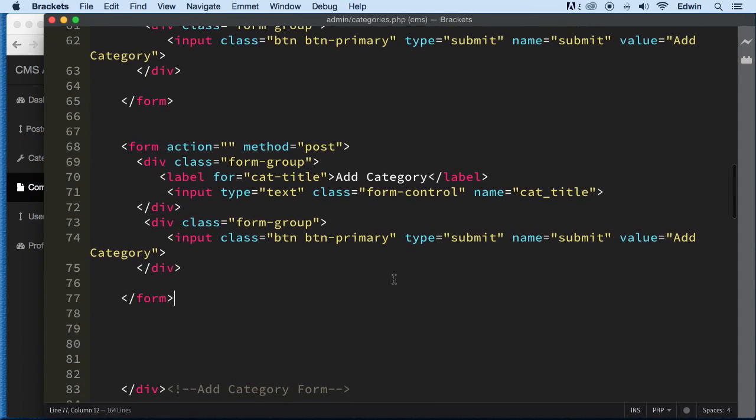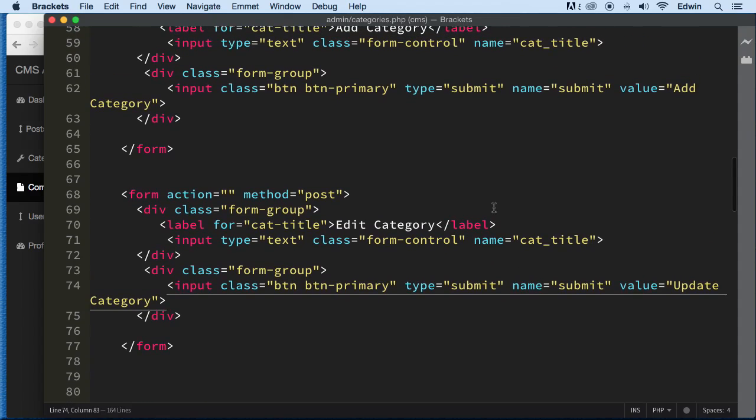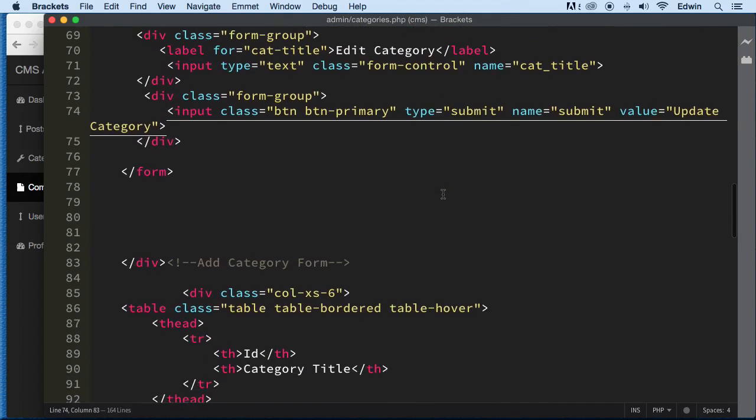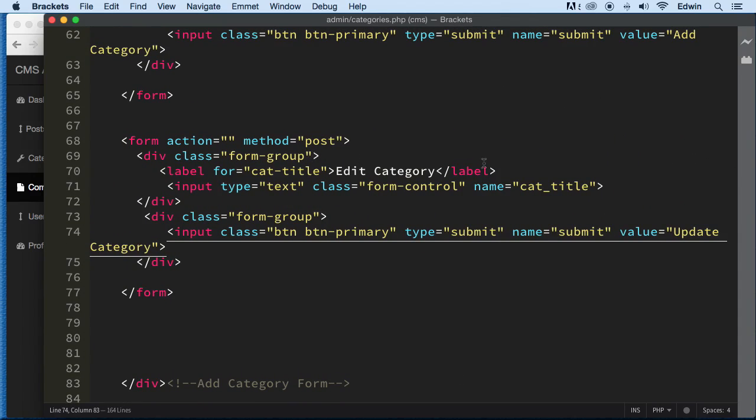All right. So let's change a couple things here first. Let's change the edit, this name, the value name. Let's change this name also here. Let's edit. Actually, let's call this update. Why not? Because that's what we're going to be doing, updating, right? All right. So I think we're good here. And the next thing is just to create a